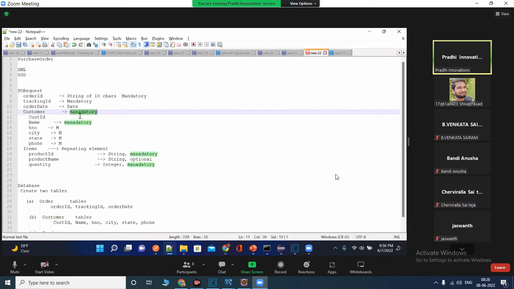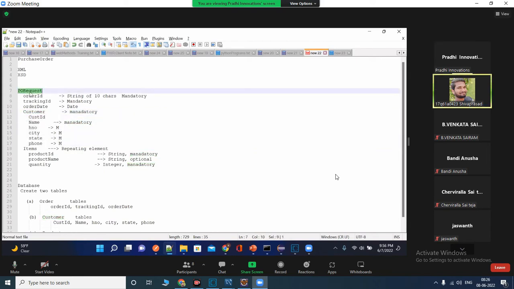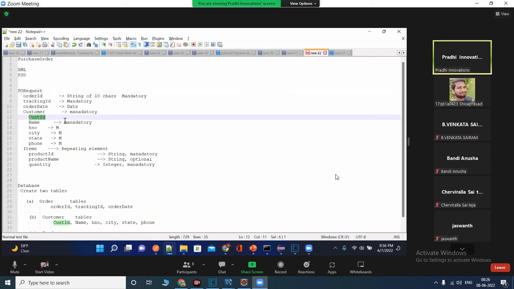We're making it mandatory. That means customer details should be present in the PO request. Customer ID, I have not given anything. That means it's an optional element. Even if it's not there, I'm okay with it. So even if a customer ID is not provided, that is okay. But customer name should be there, house number,